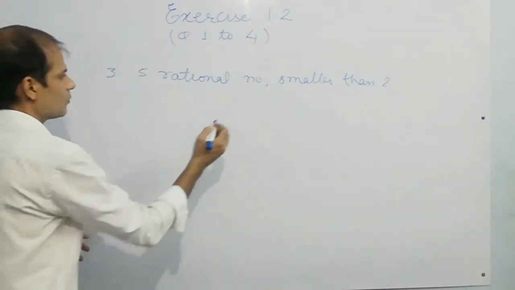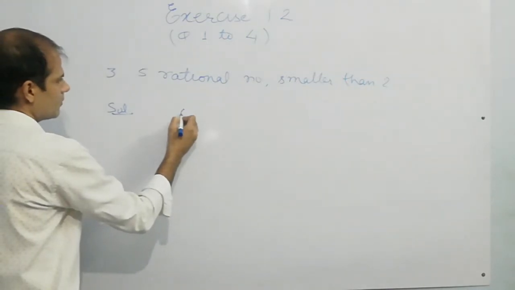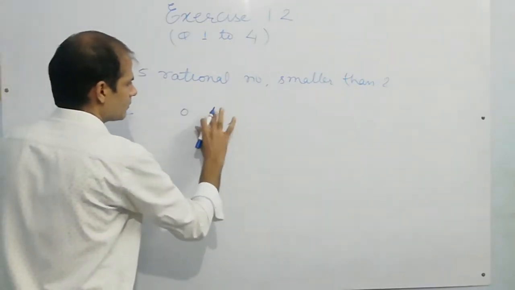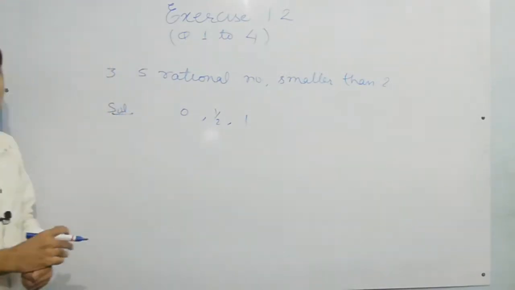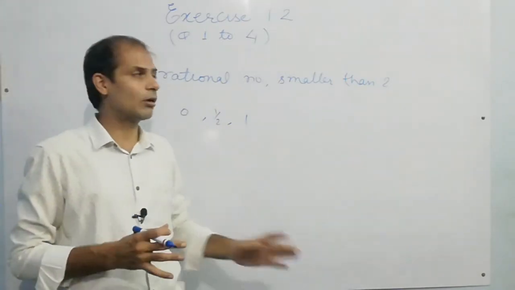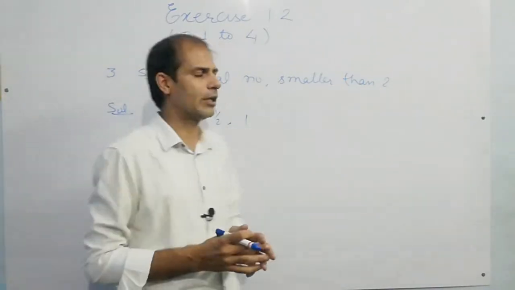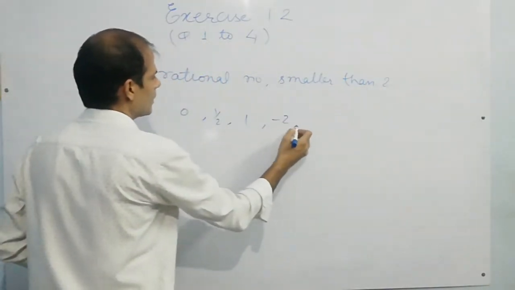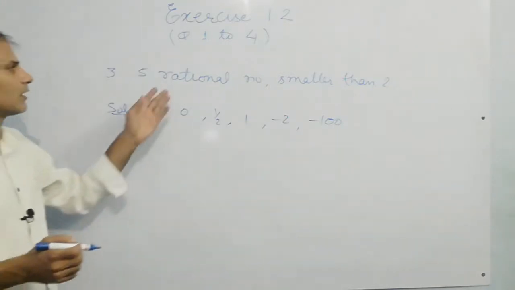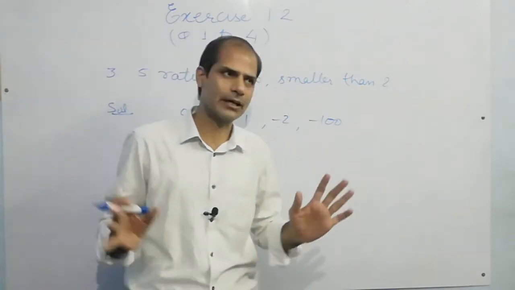Okay, so you can just write 0, 1. You can also write half also, 0, half, 1, and take some negative values also, because all the negative values are smaller than a positive value. आप कोई भी नेगेटिव वैल्यू कंसीडर करते हैं वो पॉजिटिव वैल्यू से ऑलवेज स्मॉलर होगी. So, कोई स्मॉलर वैल्यू भी ले सकते हैं आप, -2 ले सकते हैं एंड -100 भी ले सकते हैं. अल्टीमेटली देर आर इनफाइनाइट रेशनल नंबर्स विच आर स्मॉलर देन 2. 2 से स्मॉलर जो रेशनल नंबर्स हैं वो इनफाइनाइट होंगे, बहुत सारे हैं.